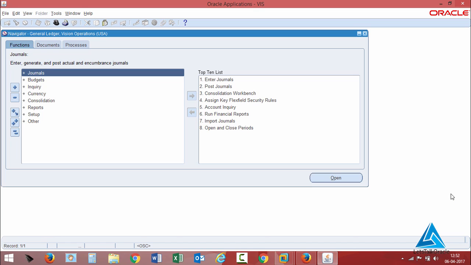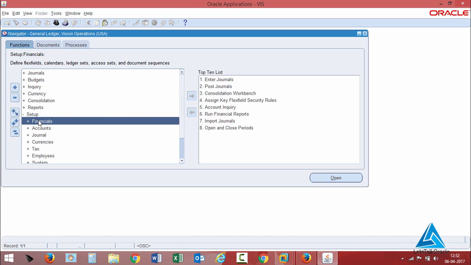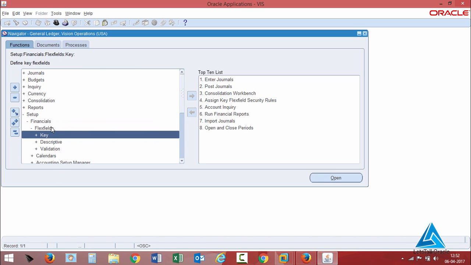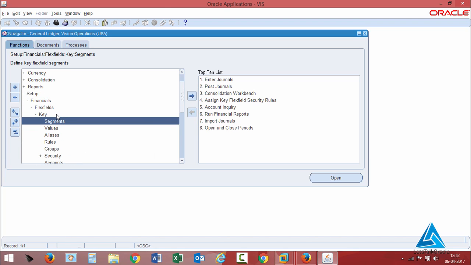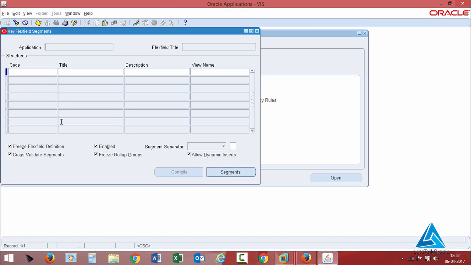With that out of the way, let's start creating our first chart of account structure. The navigation would be Setups, Financials, Flex Fields, Key, Segments. So before we start, let's understand what a key flex field segment is. A key flex field segment is basically a configurable field which helps you customize Oracle applications as per the client's